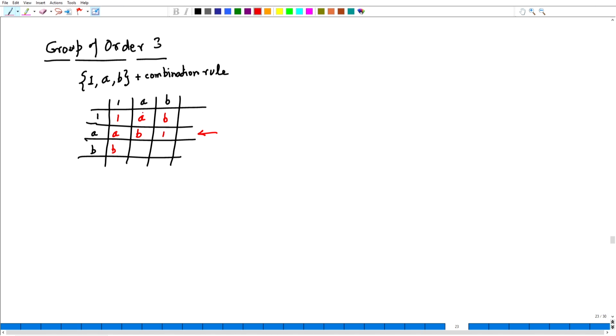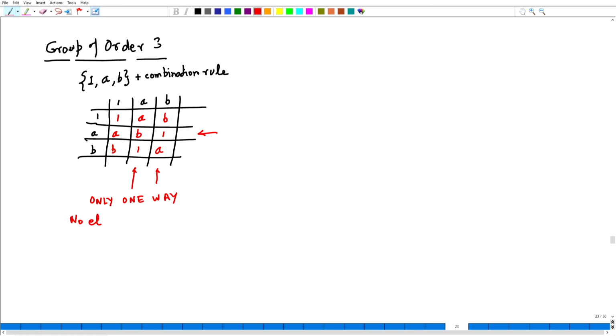Now, come into the second row, second column. A and B are already there, only element 1 is left. So, 1 has to come here. Similarly, if I come to this column, B is there, 1 is there, A is not there. So, A has to come here. So, there is only one way that this group multiplication table can be filled, regardless of what the combination rule is. So, I will just repeat that